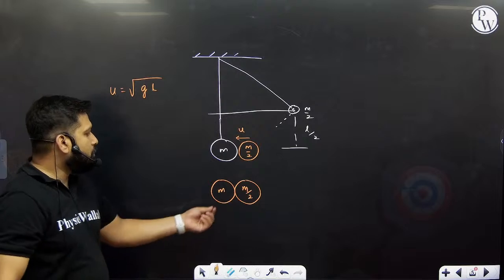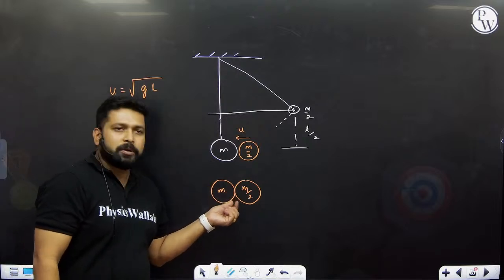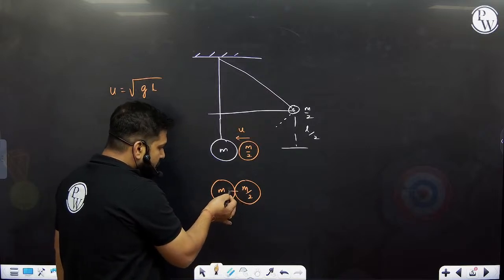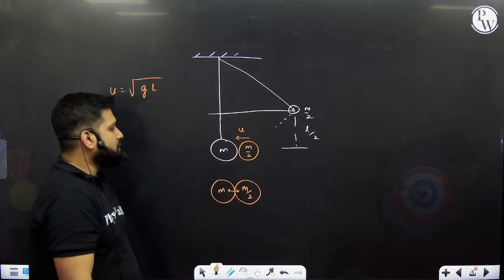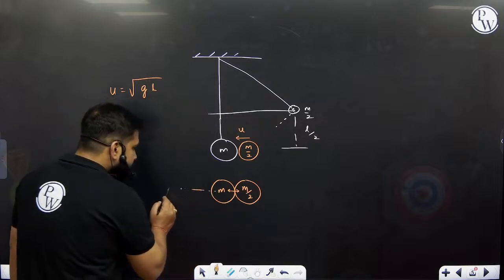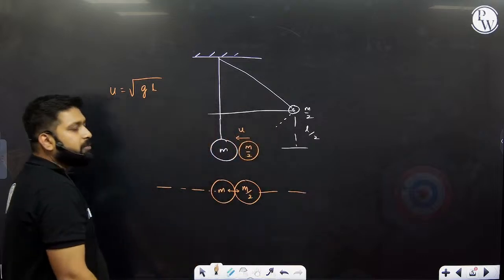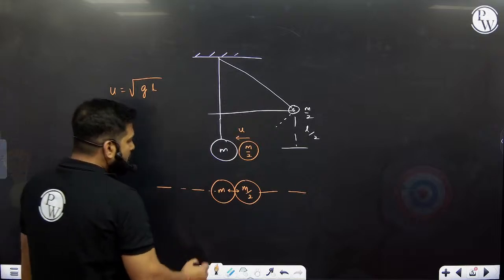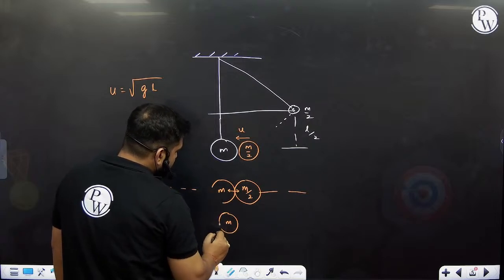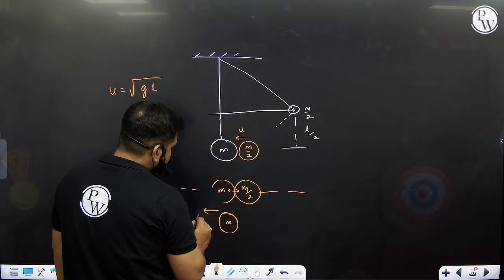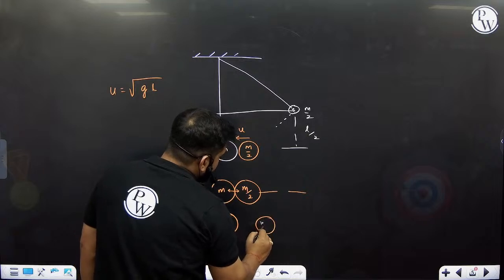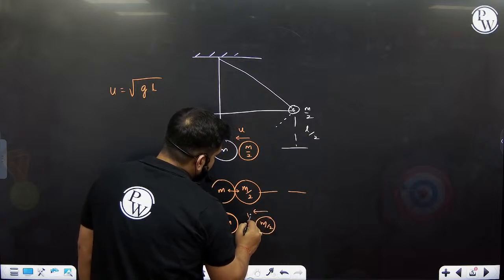Now we know that when the collision is going to happen, certainly normal forces will come into play. There will be a normal force, m by 2 will push this mass in this direction, and it will also experience a push in the opposite direction. One thing is sure in this case, that along this direction I can conserve the linear momentum. After the collision, let's say this mass m started moving with some velocity v2 in this direction, and this mass m by 2 started moving with some velocity v1.